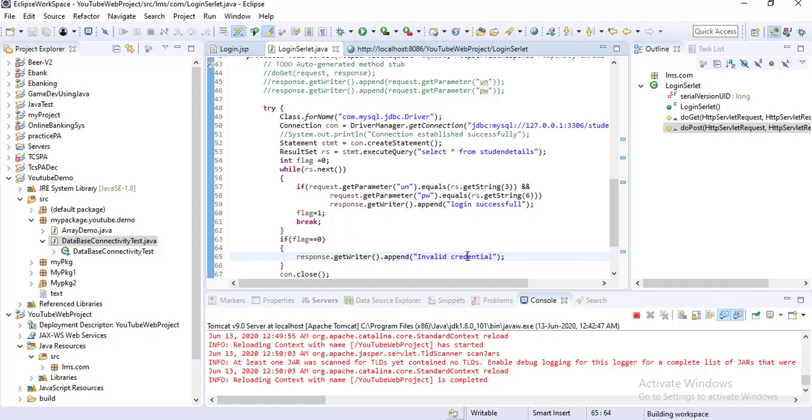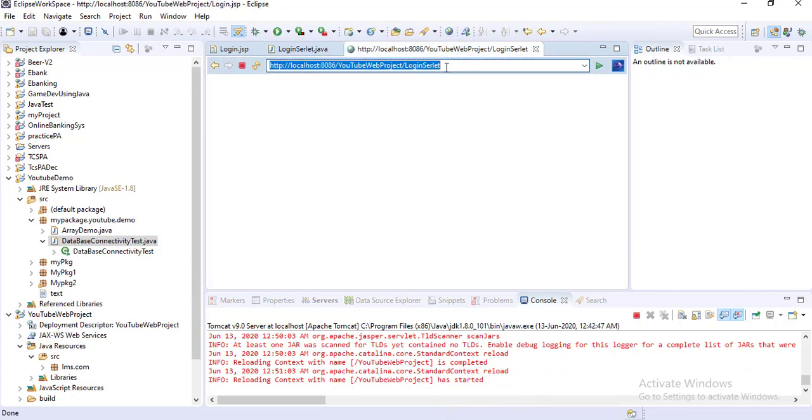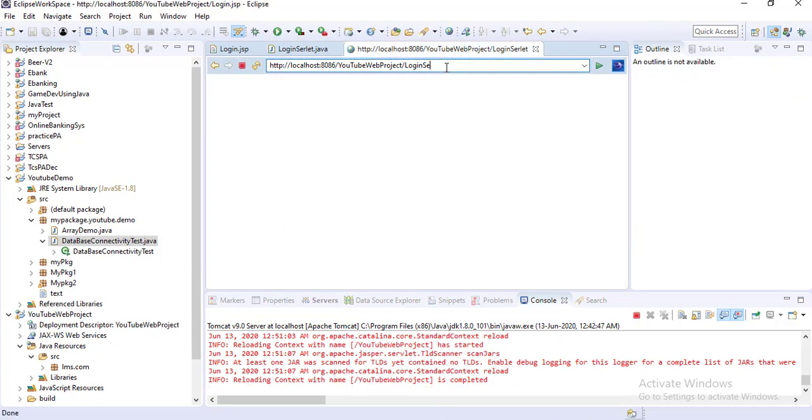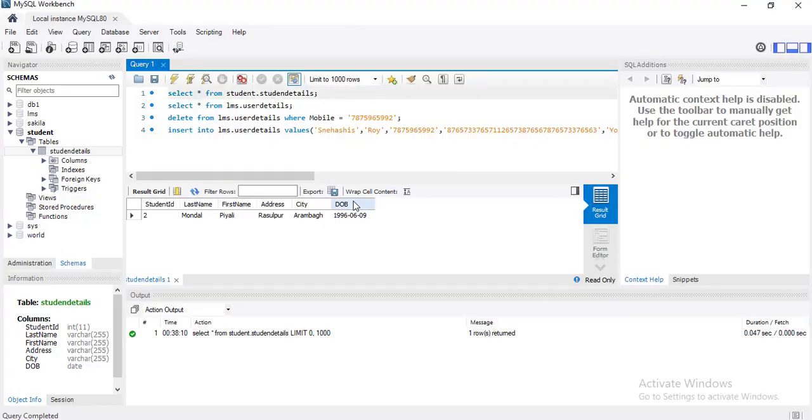Save it, and then run it. So login servlet login dot jsp, give the username, suppose PLE, and the password is whatever date of birth is inside my database.